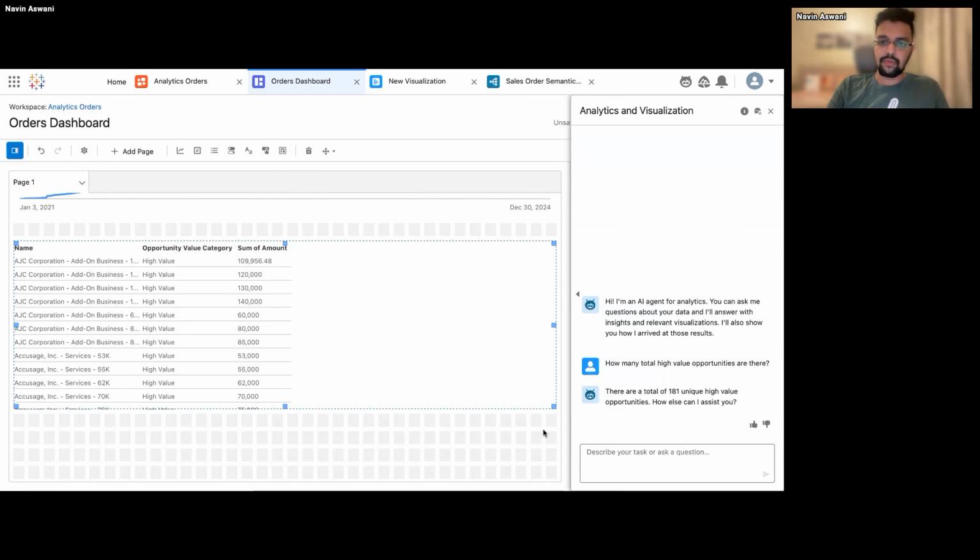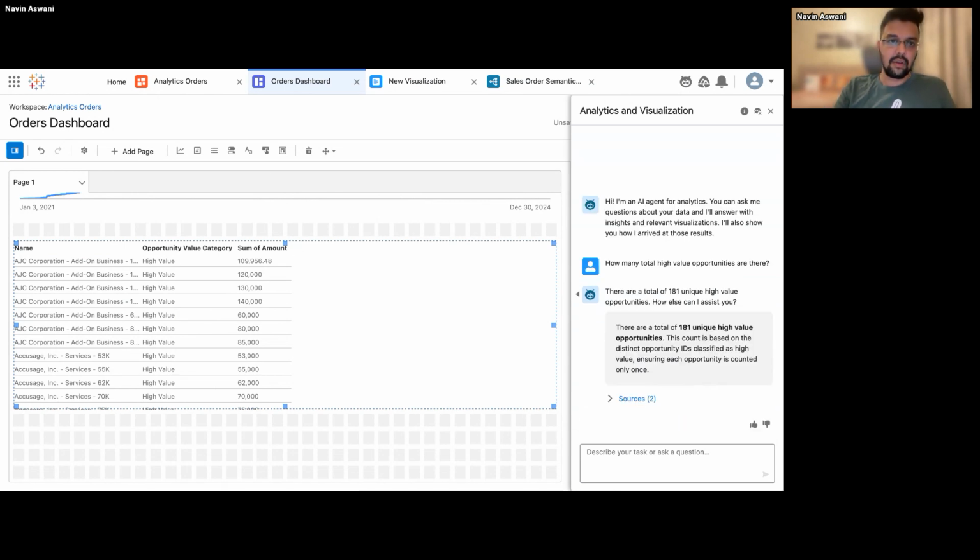So for now, we have just given a definition of high value. You can give your definition for last quarter as well. Like, what does last quarter mean to you or to the business? Is it the same as your close date? Is it based on the created date? All that definition you can write. You can create calculated fields.